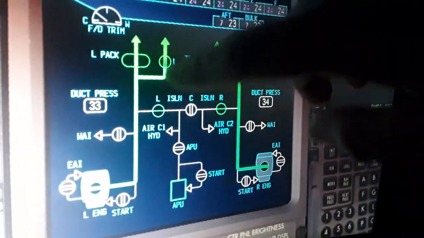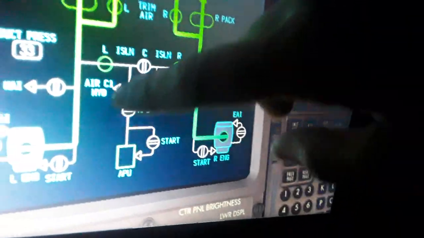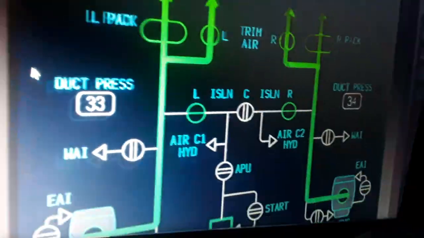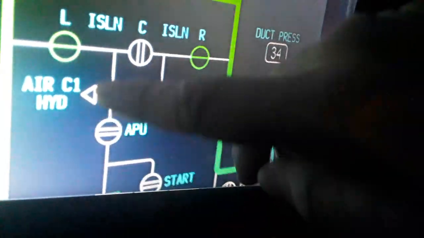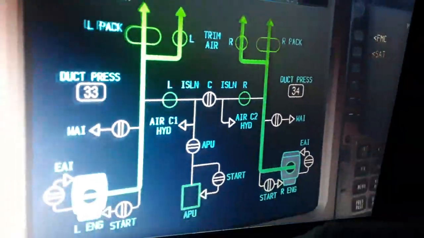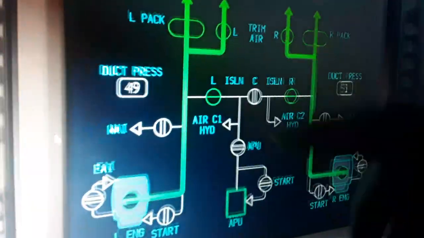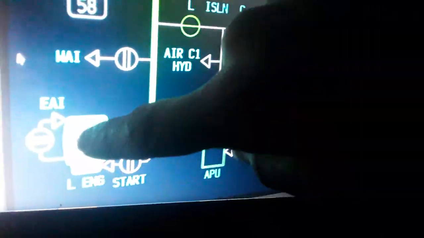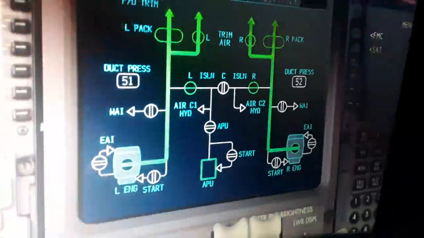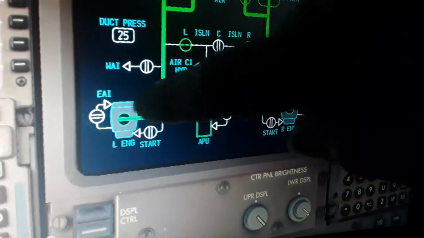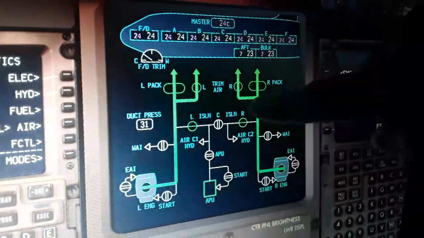We can use the pressurizer now. The green indicates that. We have the left engine, right engine pressurizer system. The hydraulic also. The air conditioning, cabin pressurization. So if I move the thrust levers forward, you'll see the pressure from the engines, the bleed air, the pressurizer increase from here over here, the duct pressure. You can see the stages, the fifth and the ninth stage of the outflow valves, the left engine, right engine,